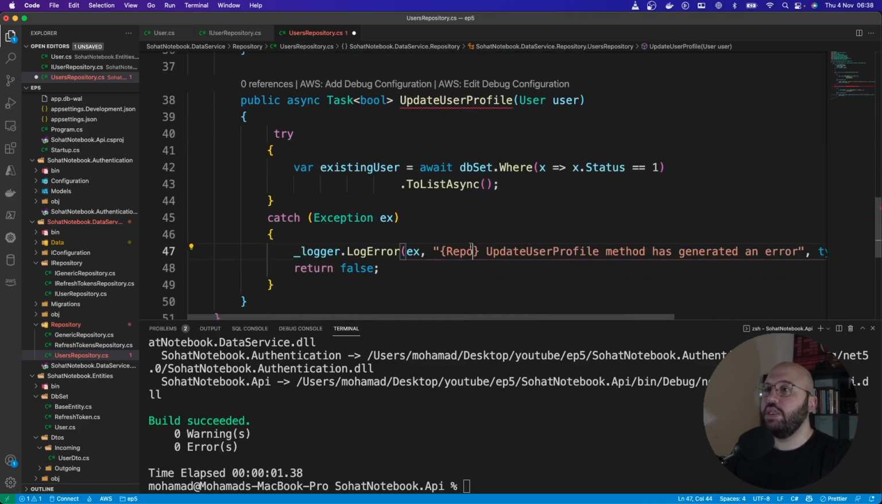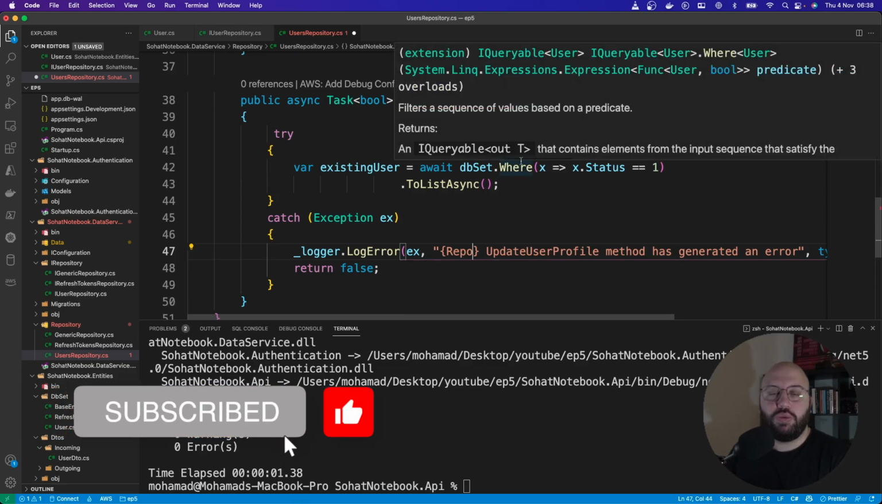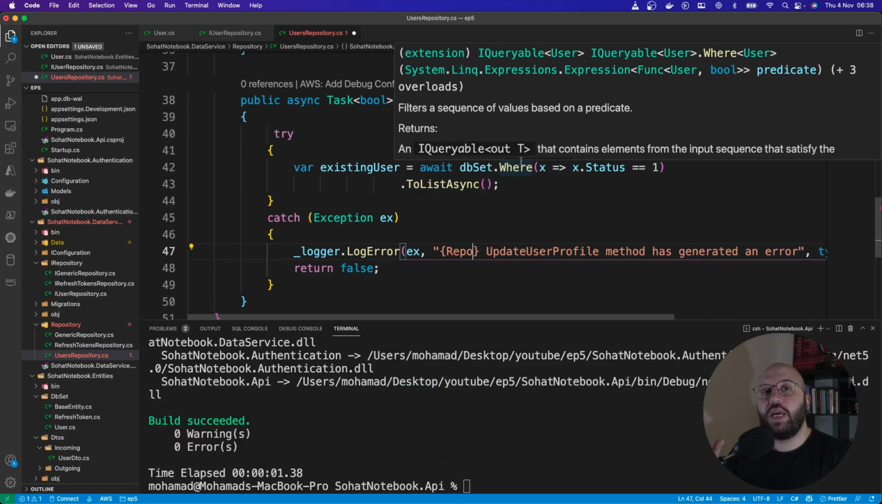The AsNoTracking, once Entity Framework goes into the database and gets the information that we need, it is basically in memory. If we don't put the AsNoTracking, it will keep track of that object, and any change that happens to it, Entity Framework will take notice. So let's say we update the name of the object, Entity Framework will keep a version of the old information and the new information, and it will keep track of